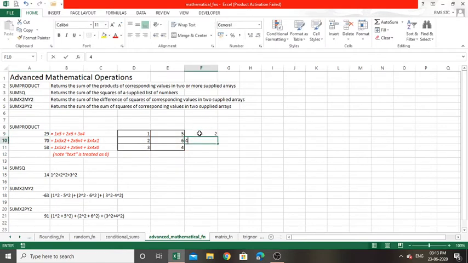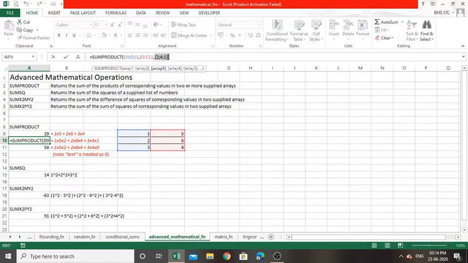We are not passing a cell range here; instead we are implicitly passing the array within the SUMPRODUCT function. This will multiply the values of the third array along with the first and second arrays, that is the first element of the first array into the first element of the second array into the first element of this array, that is 2, plus 2 into 6 into the second element of